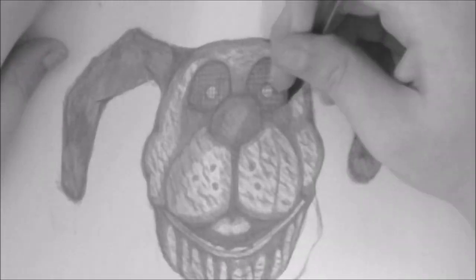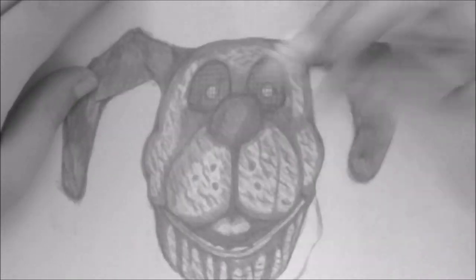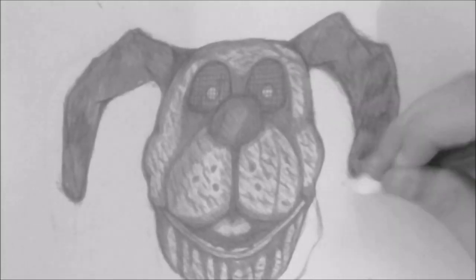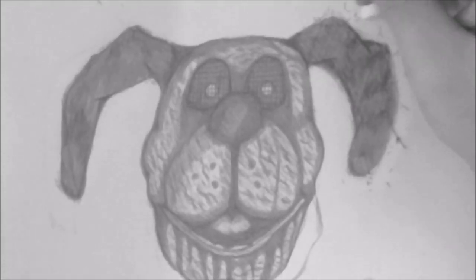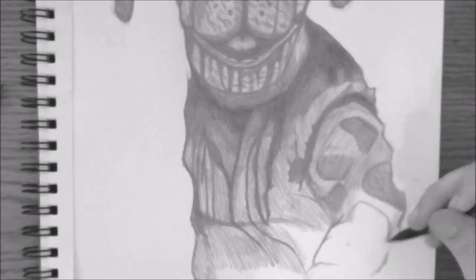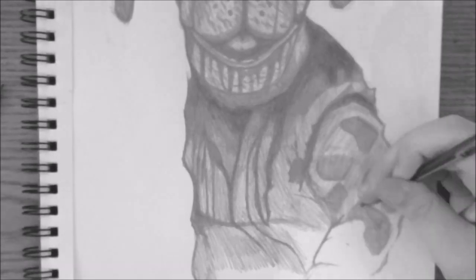Now guys, I had some technical difficulties. I just found out that I deleted the next portion of the drawing where I made the torso and the majority of the right arm. So I really am sorry for the inconvenience, but I am going to go into detail with this,